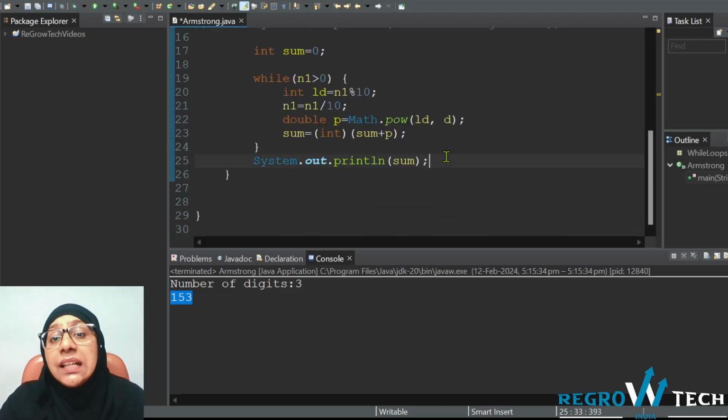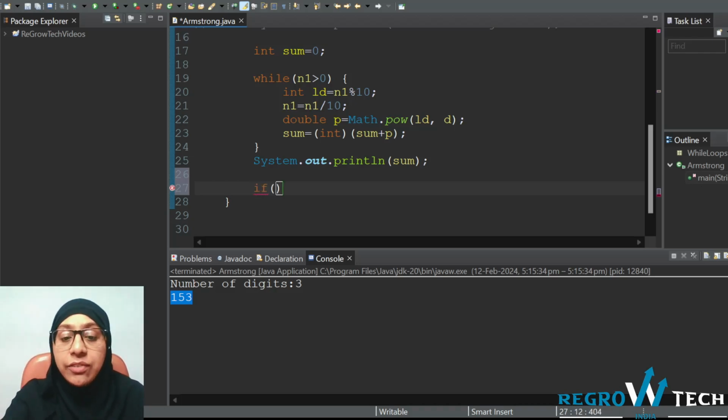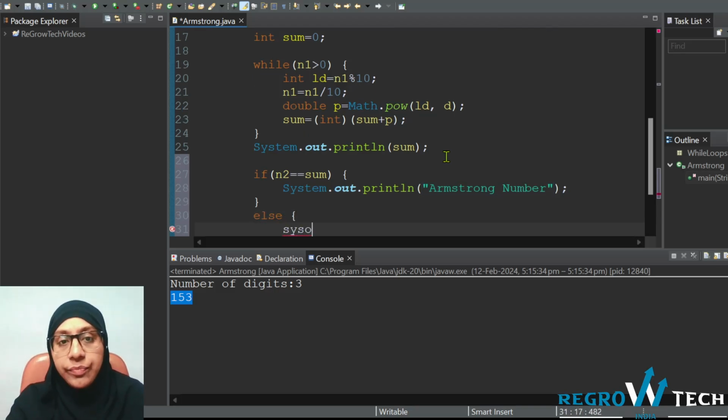Okay, here instead of checking sum is equals to n, we will check it with n2, because n and n1 both of their values have been changed already. So we'll check if n2 is equals to sum, then print System.out.println Armstrong number, else not an Armstrong number,